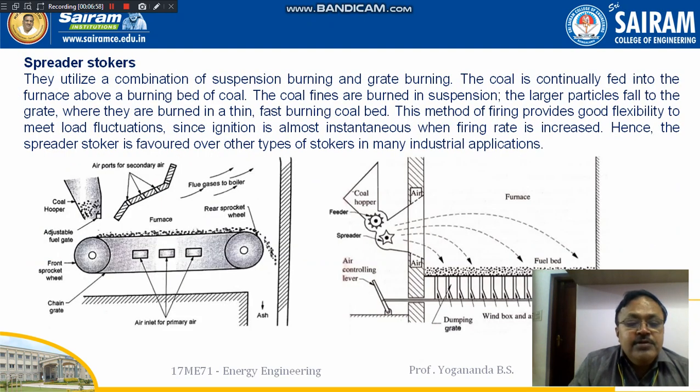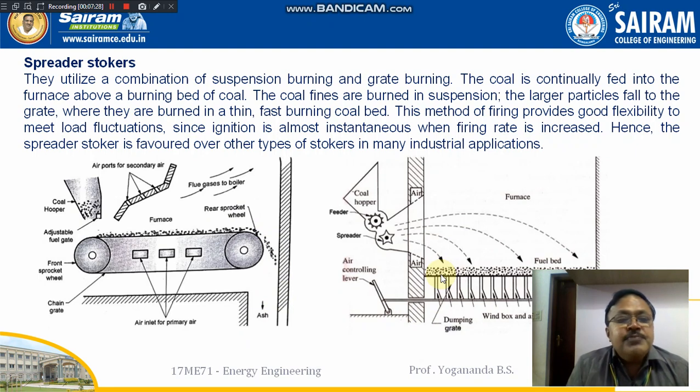If you see here, the coal is having its journey from the front sprocket wheel to the rear sprocket wheel. Only in that journey does it have to get completely burnt. So if the coal is not of uniform size, the complete coal will not get burnt. The completely burnt coal will convert to the powder form, that is ash, and that ash will be collected in the ash bin.